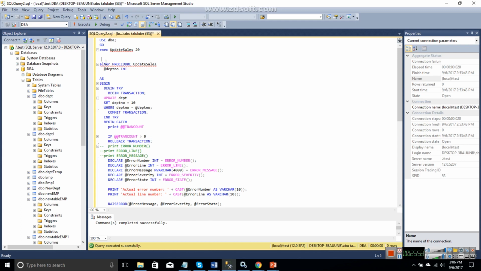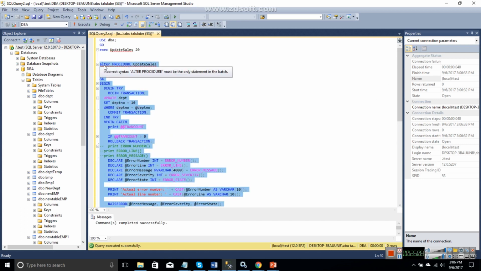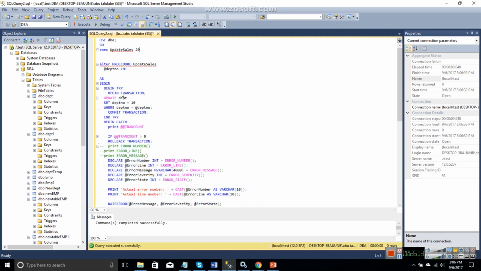I already created the stored procedure, so you highlight that and just execute. I have an alter statement since it's already there, so you will change that to the create statement that is there on the PowerPoint slide. And then, as you can see here, it's taking an input, the stored procedure, and then BEGIN TRY CATCH. The way it works is, within TRY you will mention what exactly you want to do in your transaction,